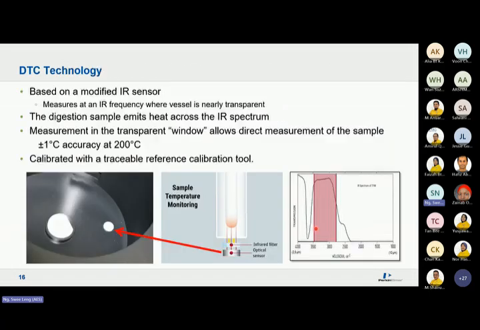I think the next two slides are much more detailed. So where is the thermometer put? It is at the bottom. For every vessel, let's say I have 16 vessels in the microwave oven, every 2 seconds your sample will be measured. Now it's sample vessel number 1, then 2 seconds later it is vessel number 2. All of them feed back to the magnetron to tell it how to regulate